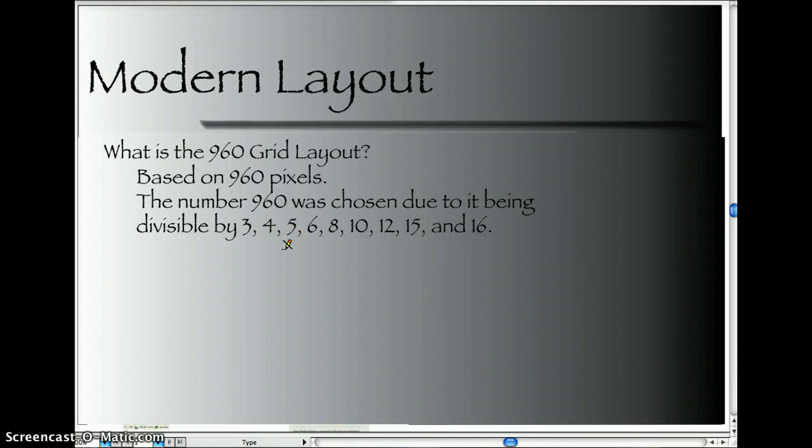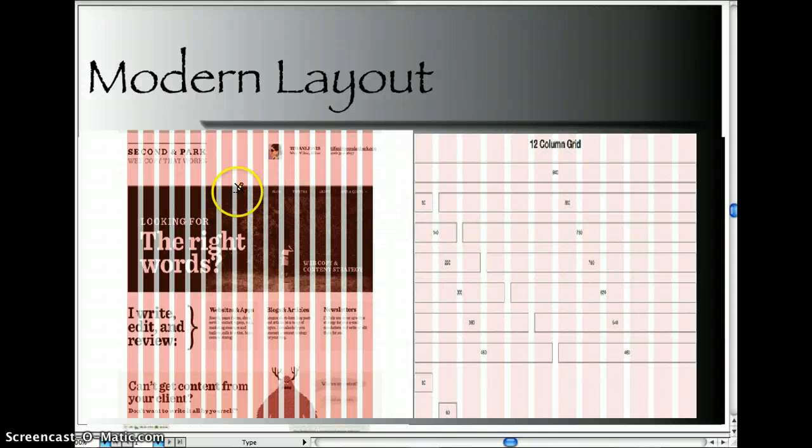Another question is, what is the 960 grid layout? The 960 is based on pixels, and 960 was chosen because it's divisible, as you can see by all of these numbers. And you're probably wondering, what does this mean? And I'm going to show you. So over on this side,